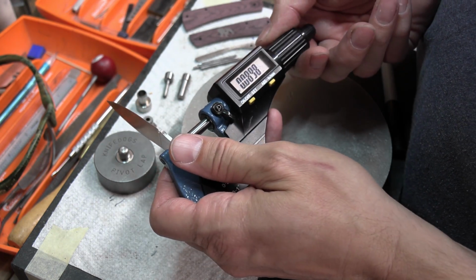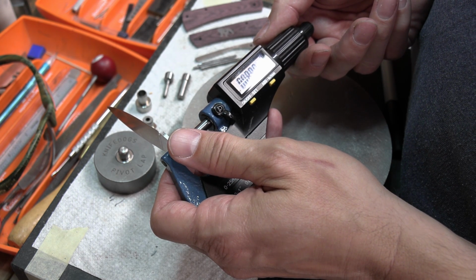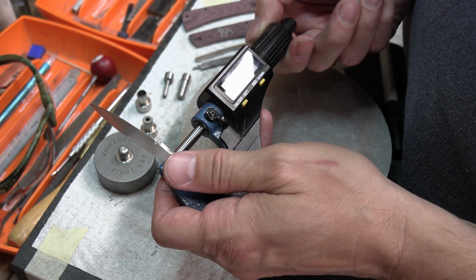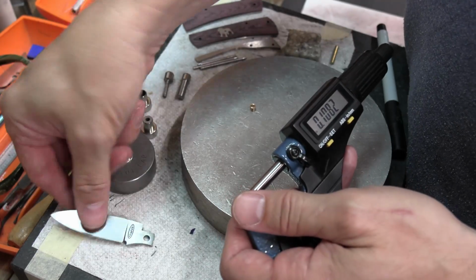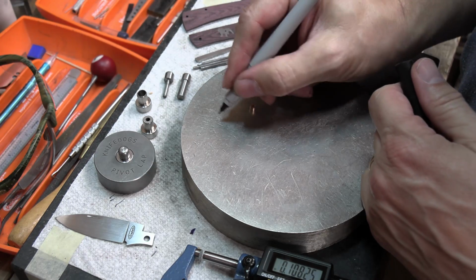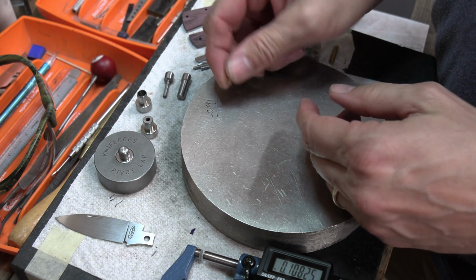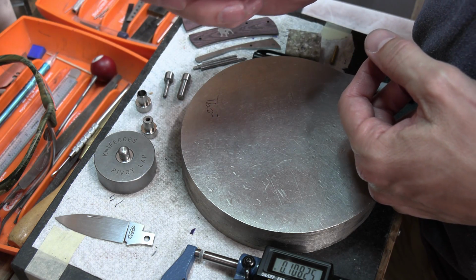All right, so I'm looking at basically 0.0898. So 0.09 is actually what I said earlier. It's actually right where I am. So I'm going to say that's 0.09. So what that means is that I need to make my pivot 0.091. And my pivot bushing, that's how wide I need to make this, or how long I need to make this across here